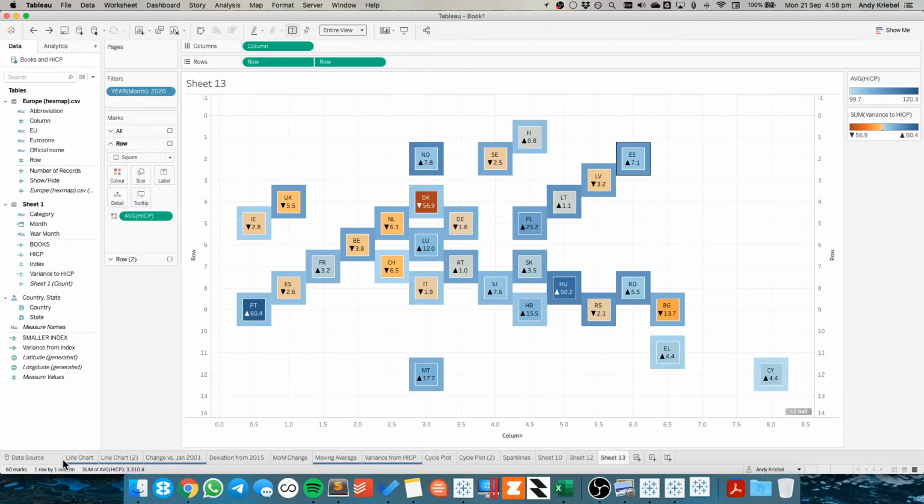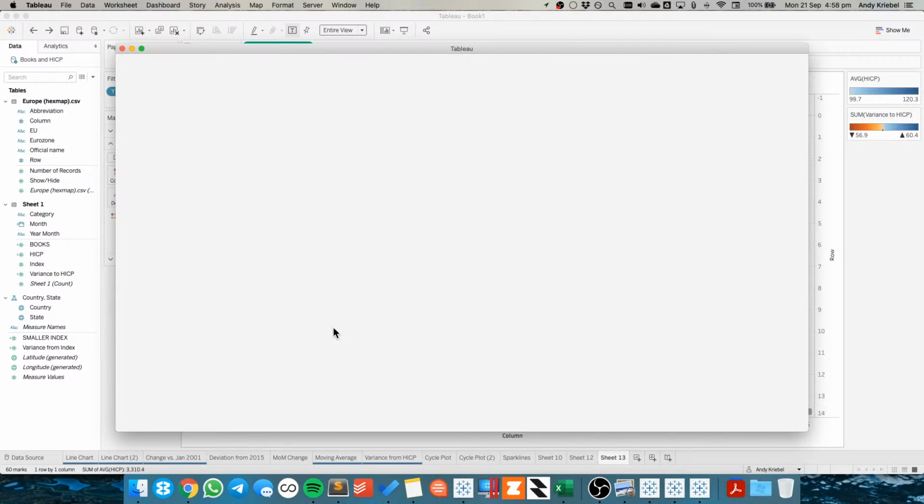Okay, so this one shows me 2020, which I kind of like, but I'm not totally sold. What I was hoping is maybe if I did small multiples of them. So let me try, no, but that won't work either. So if I do